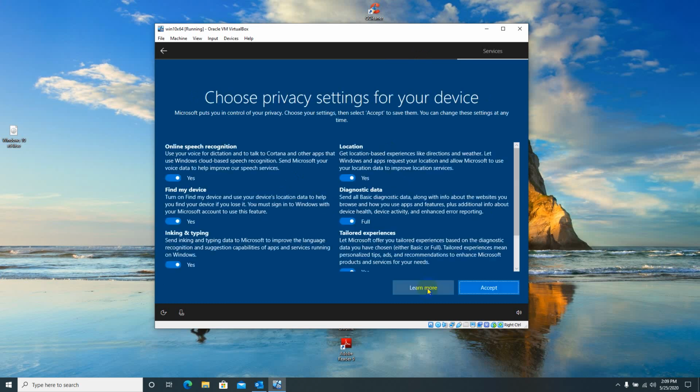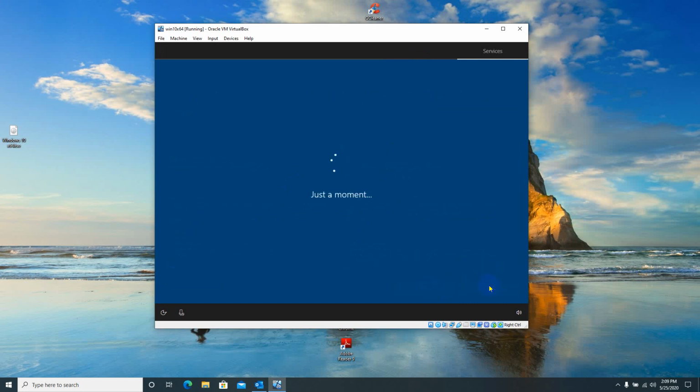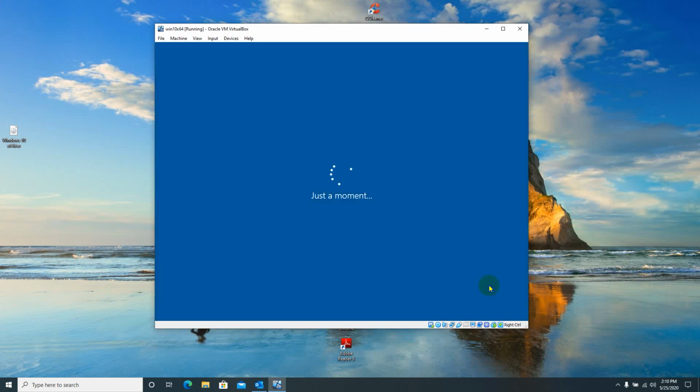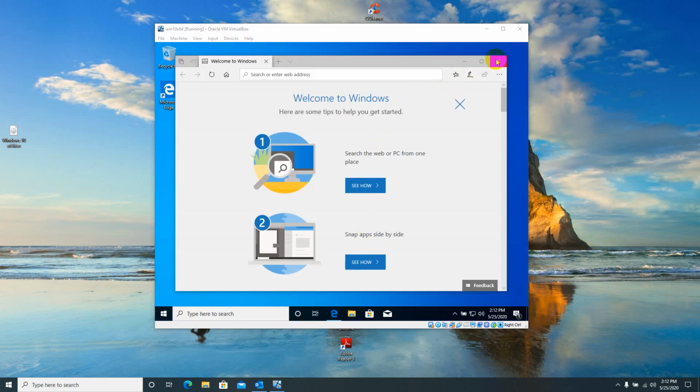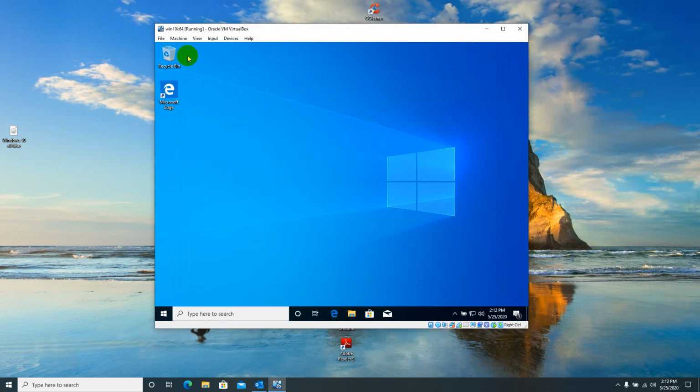Decline. Let's keep the options minimal so that you won't have any unnecessary processes running and slow down your virtual machine. So that's for sure, Windows got installed on this machine.